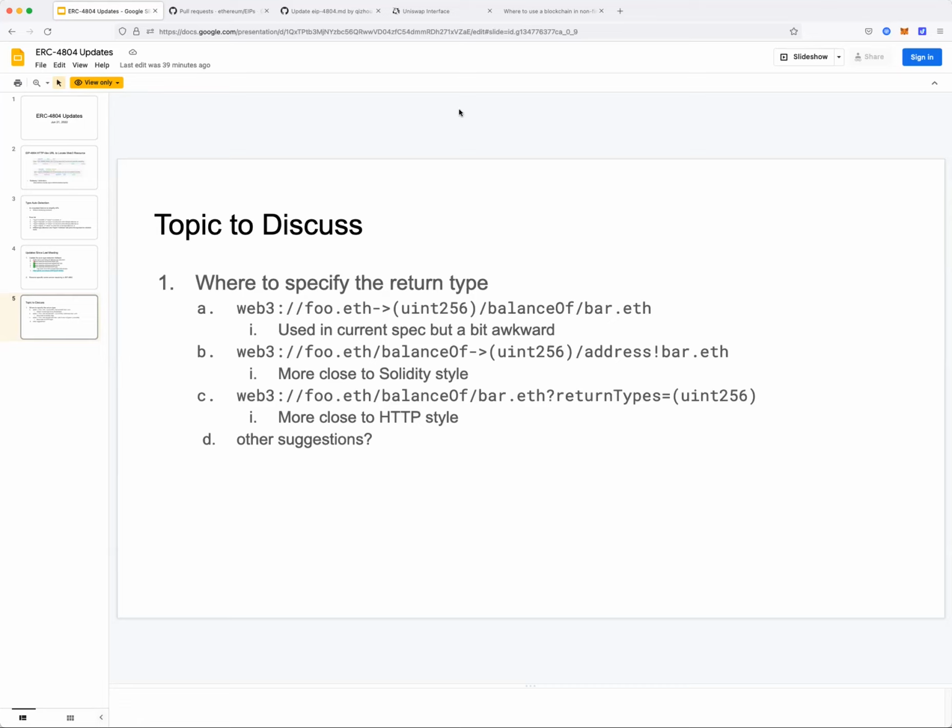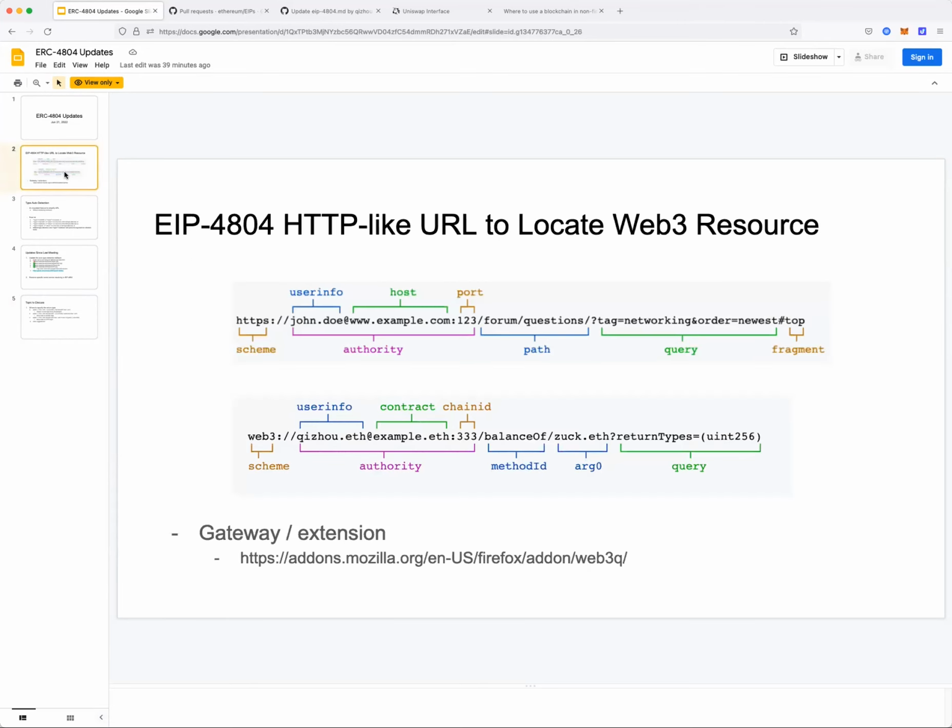an HTTP-like URL pattern? What is the biggest benefit you get? I think that's the number one question to ask. Is it for access to dApps, or is it for querying data, or is it for both? You know what I mean? I think really just narrowing it down to that one example is probably the best here.